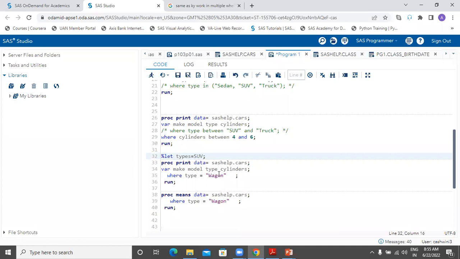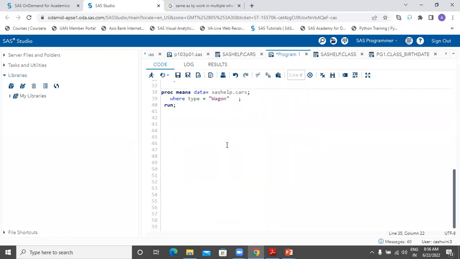So when I want to generate a report with proc print and proc means, you would manually change this wagon by typing SUV. But instead of typing SUV, I will represent its value by this variable, which is my macro variable type. And how do I write it here? I represent it with an ampersand and give the name as it is. So the same thing I write here, ampersand